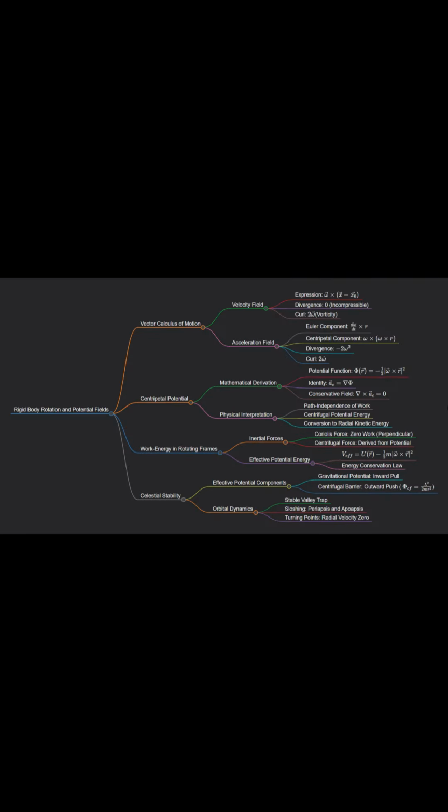Orbital stability and the centrifugal barrier. This concept of potential energy provides the ultimate explanation for orbital stability in